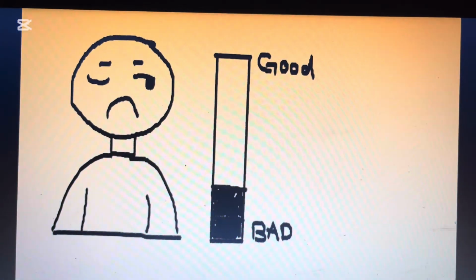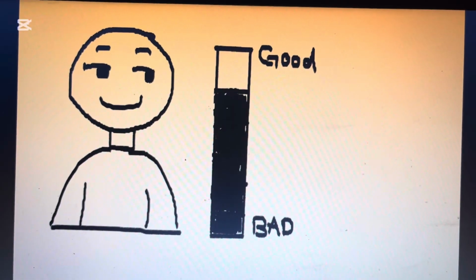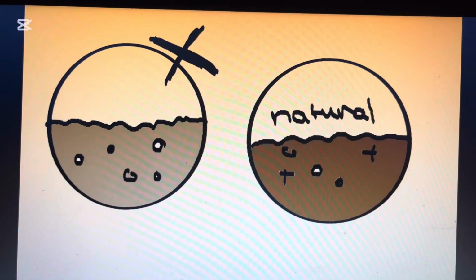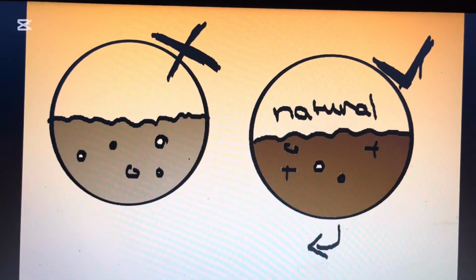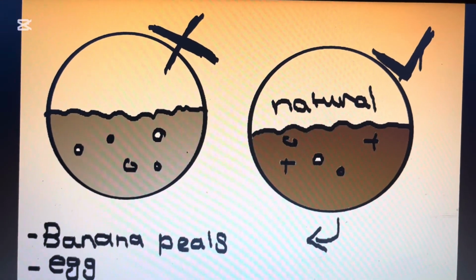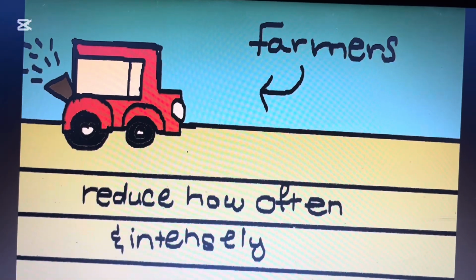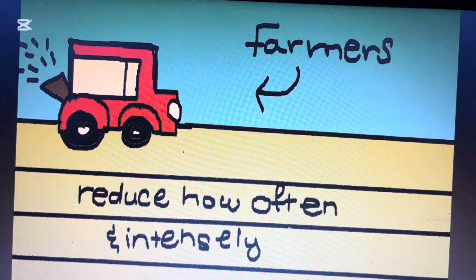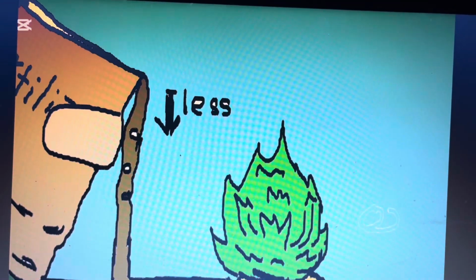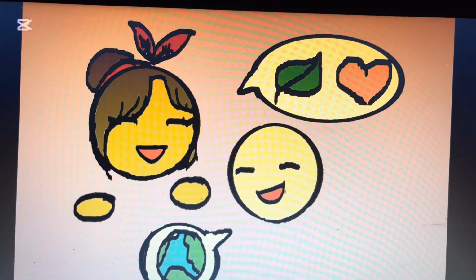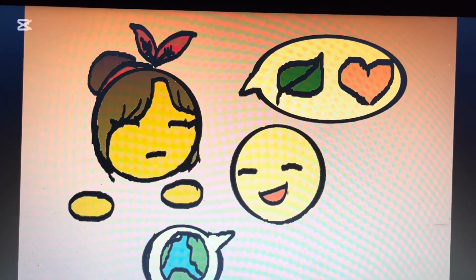We can help improve climate change caused by eutrophication by reducing the amount of agricultural fertilizer and instead use natural nutrients, for example banana peels and eggshells. Farmers can also play a part by reducing how often and intensely they till their fields, reducing the use of fertilizer. We as a community could also gain a lot by hearing out Indigenous practices and asking how to be